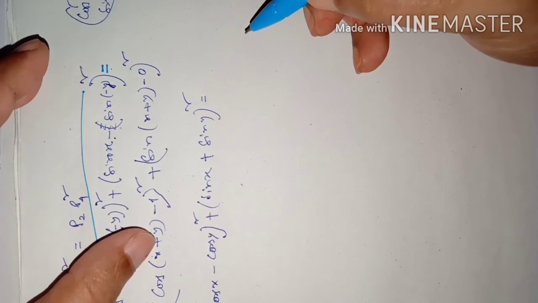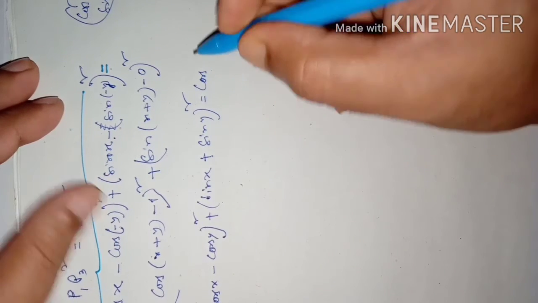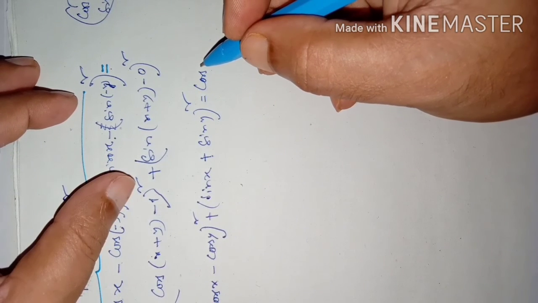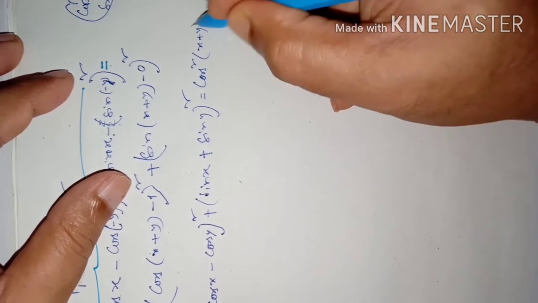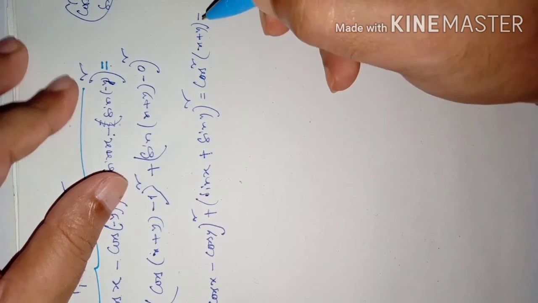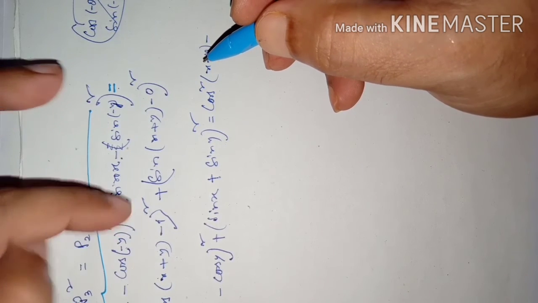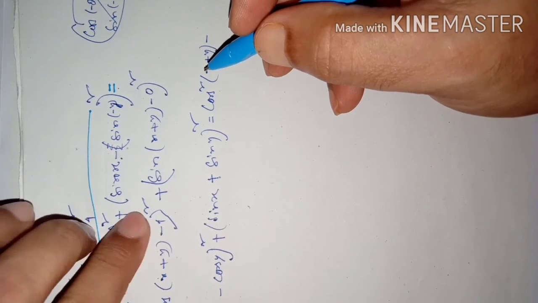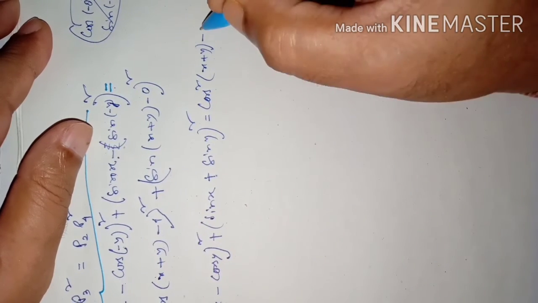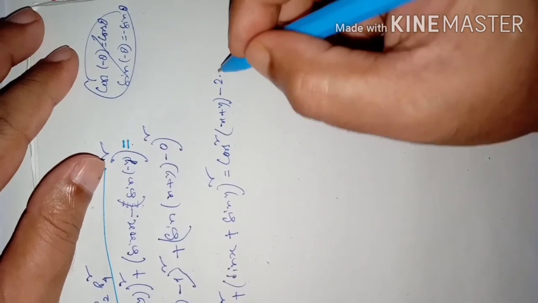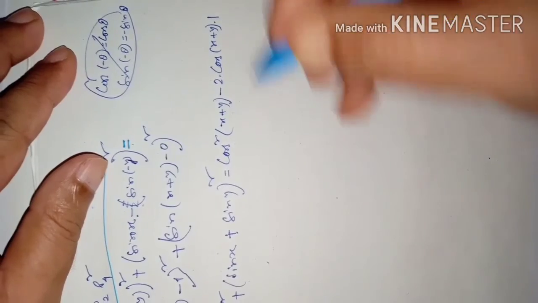Cos of x plus y minus 1 the whole square. What will it be? Cos square of x plus y minus twice ab, because it is like a minus b the whole square. Use here the a minus b the whole square formula. Think this one as a, this one as b. So a square minus twice ab, 2 into cos of x plus y into b, which is 1,